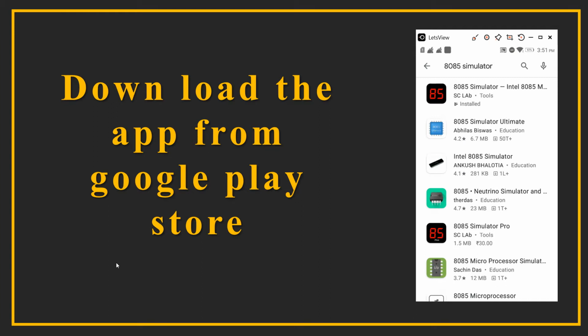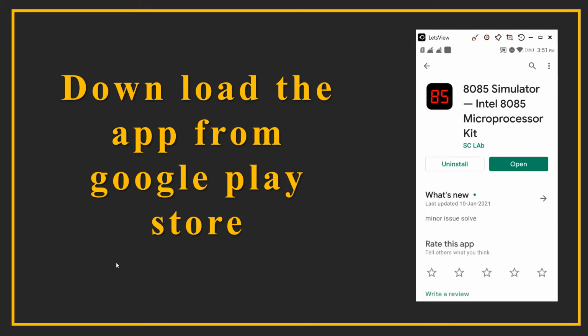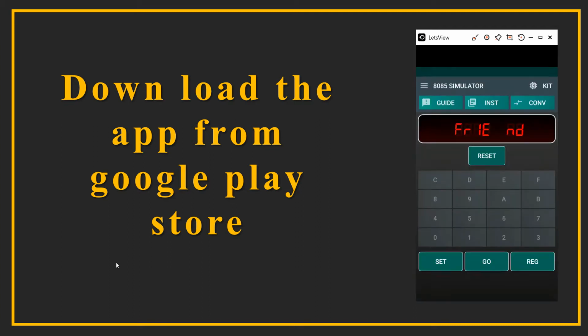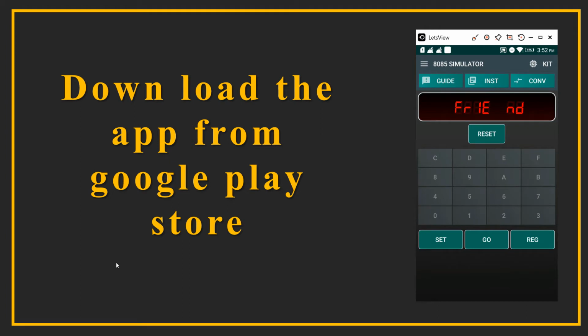A pro version is also available, so those interested may also try the pro version. We will use the 8085 free app, which is available on the Google Play Store. I have already downloaded it, so I will open the app. You can download and open the app.